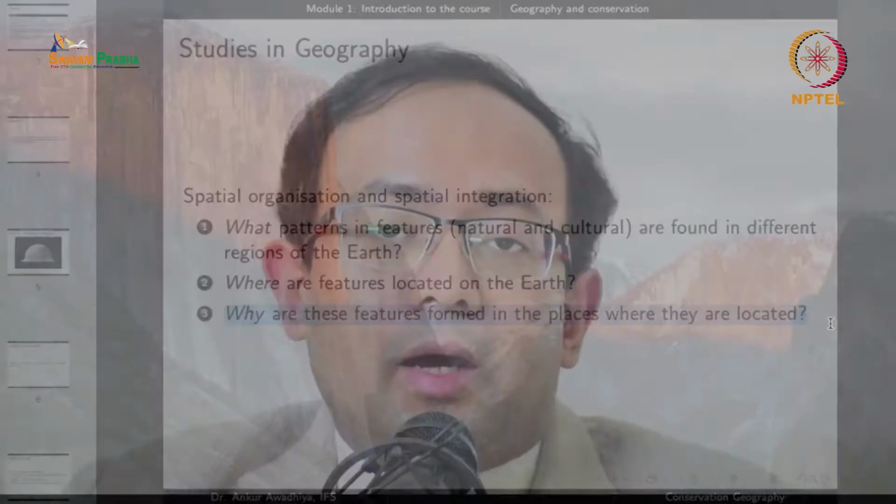That is, if we have the Himalayas to the north of our country, why do we have the Himalayas in the north of the country? So you are asking these three questions: what is found, where are things found, and why are they found where they are found? Now, in one of the later lectures, we will see that the Himalayas were formed when the Indian plate moved and collided with the Eurasian plate. And in that case, there was a collision, and because of collision of tectonic plates, there was an uplift, and this uplift resulted in the formation of Himalayas.